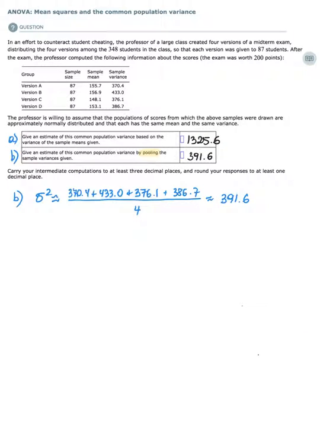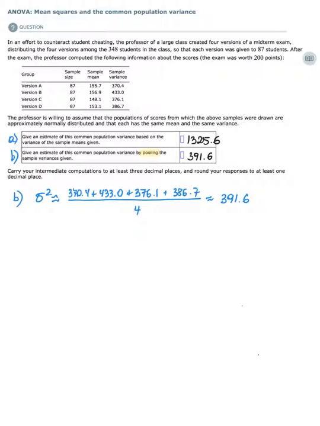Now let's answer the second part of this assignment. Give an estimate of this common population variance by pooling the sample variances given. We are again trying to estimate sigma squared, but now we're using different tools to get that estimate. The word pooling just tells me that I need to combine together all of these sample variances. Well, the best way to find an estimate for population variance using several sample variances is simply finding the average